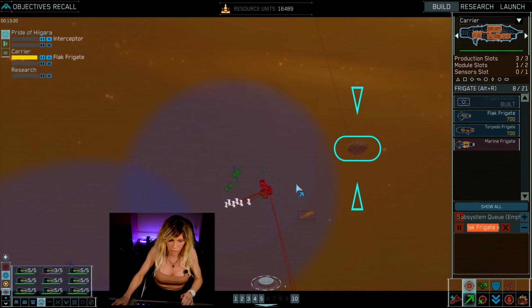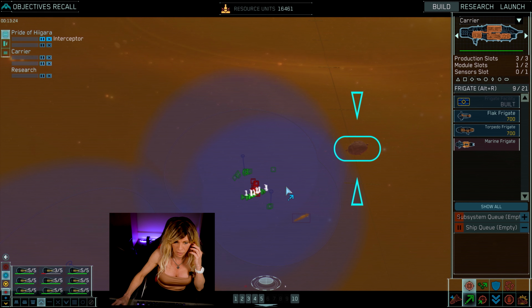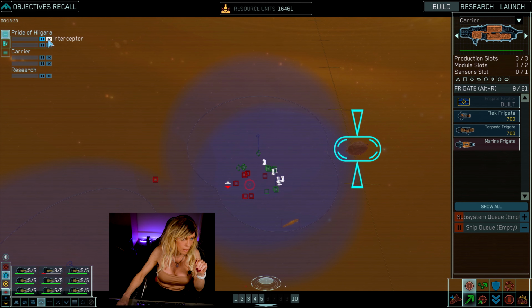They're going to get a bit mangled by these missile corvettes. I really need the flak frigates to do the job. But for now, they're keeping the enemy busy. That's the main thing. Okay, looks like I've built my maximum number of interceptors. So I'm going to stop that,